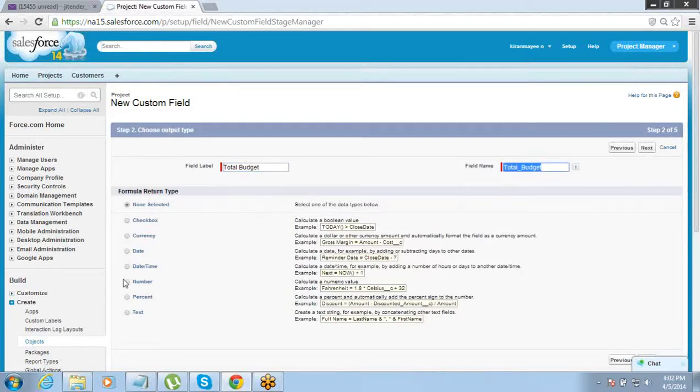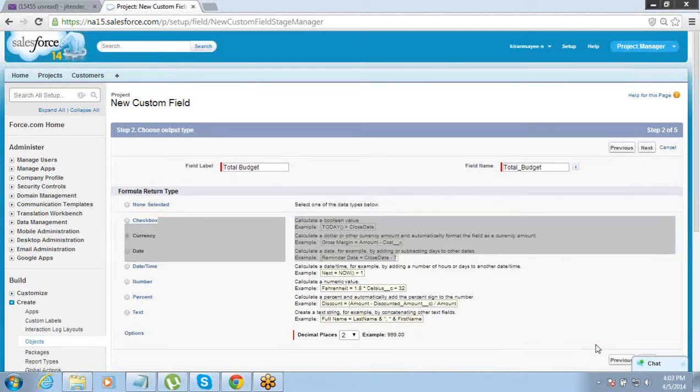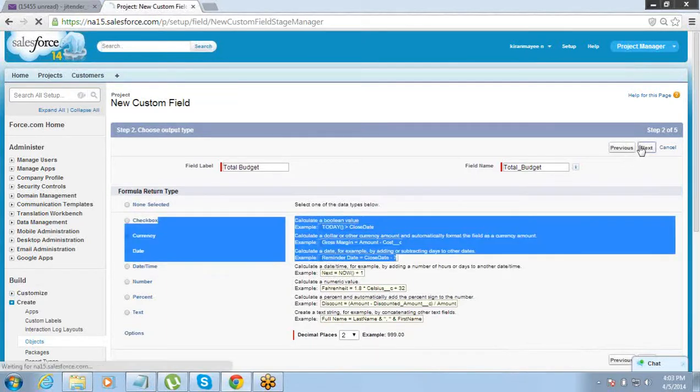What will be the return type? Return type means after calculation what it should return. It should return currency because the budget is going to be in currency. Click on next.